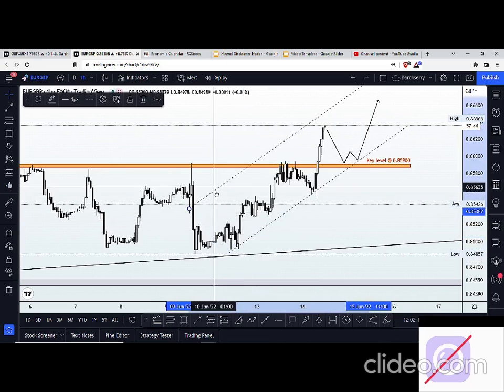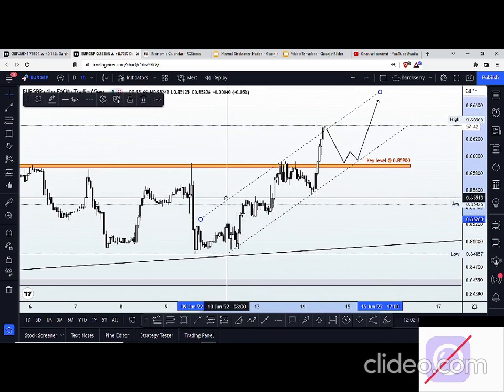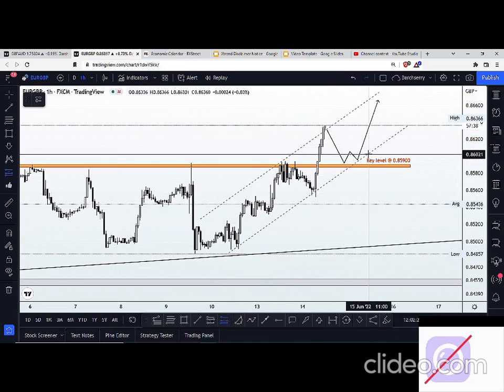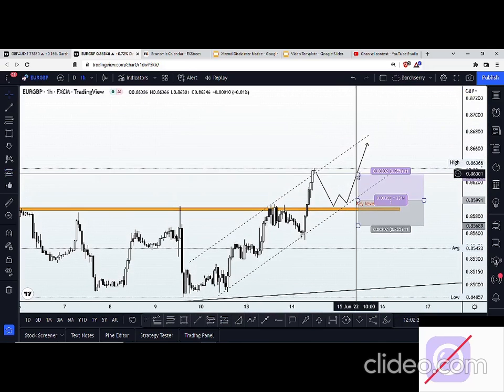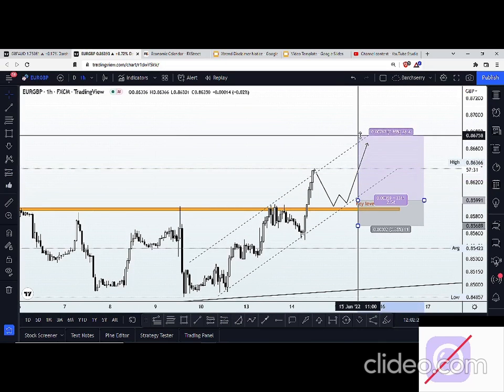So if we project that, we could have something like this. If price comes back down into the bullish trend line, then we could have an entry point right above this area with a take profit target of, let's see,